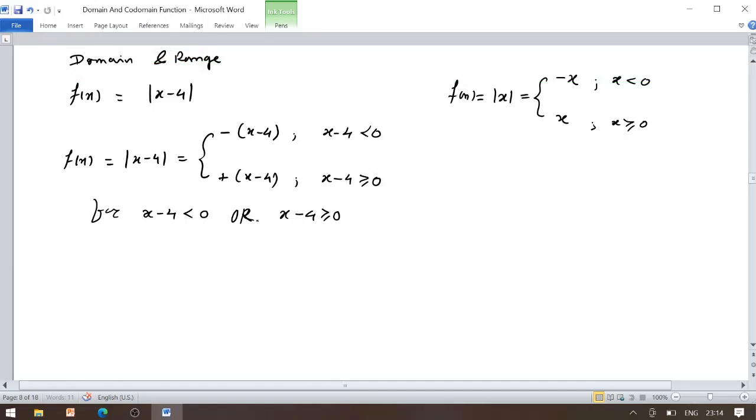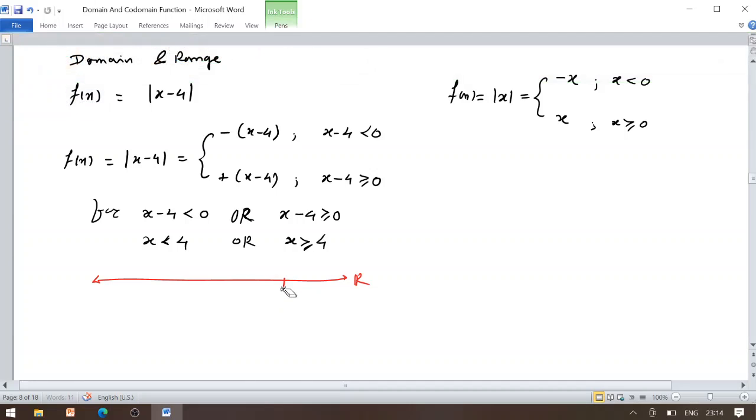Once x minus 4 is strictly less than 0, we have minus of x minus 4 as the value of the given modulus, and once x minus 4 is greater than or equal to 0, we have the positive value of the given modulus. Now look carefully here. After simplifying those inequalities, we have x strictly less than 4 or x greater than or equal to 4. As per the real number line, we have to take their union. So consider a real number line, and somewhere we have 4 on it. Which are the possible real numbers now? That should be